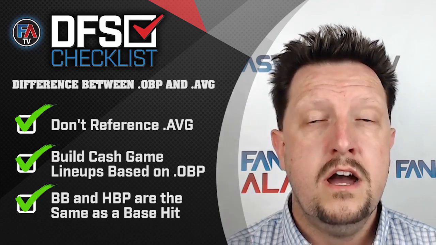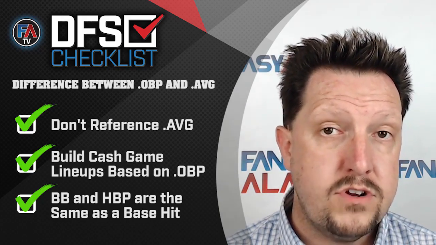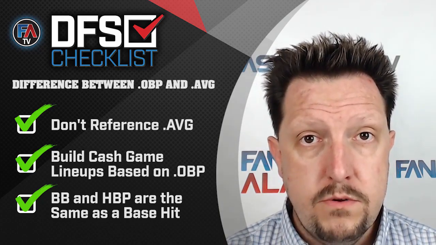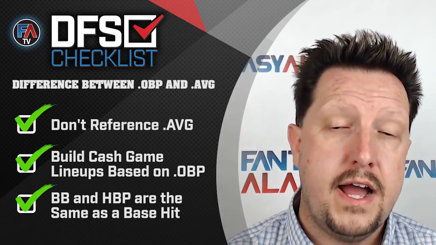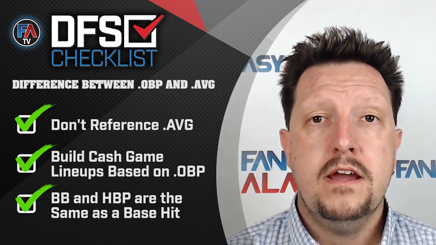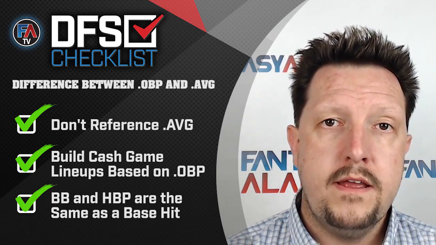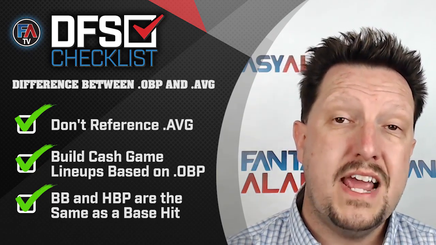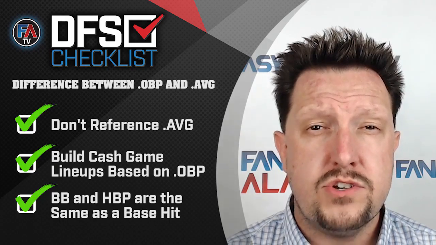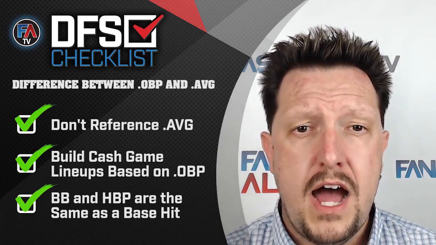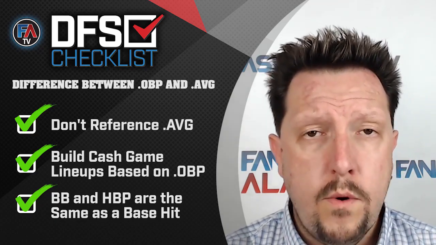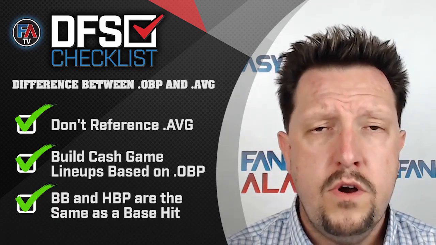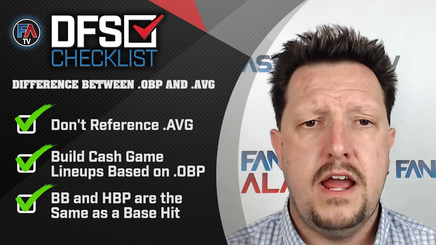Troy Tulowitzki, 100-point differential between his average and his on-base percentage. That's a huge difference in the quality he is and the return you're getting in daily fantasy. Other guys, Ben Zobrist, he's got an 80-point swing between his batting average and on-base percentage. Chris Davis is a 120-point differential from his batting average to his on-base. 100 points for Chris Iannetta, catcher for the Seattle Mariners. Always a quality value option, $2,200, $2,400 on a night-in, night-out basis.